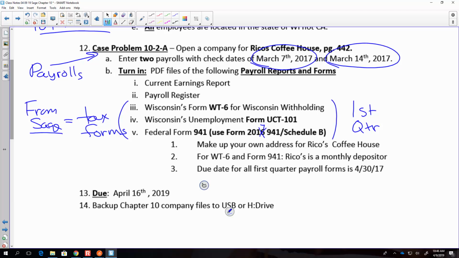I think that's it. When you print out these forms, just see where the numbers flow to the general ledger. You should be looking at these forms to make sure they match the